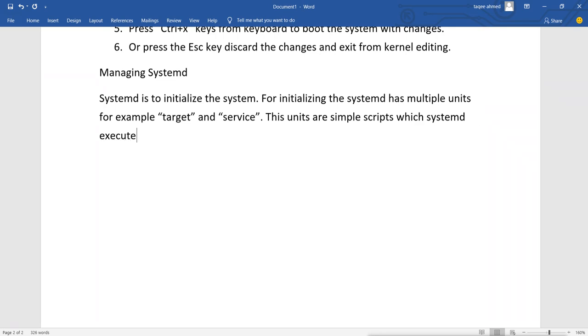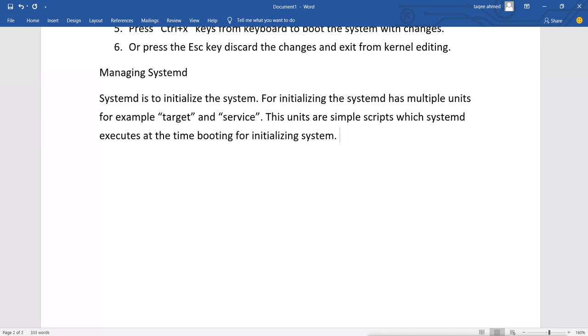It executes them at the time of booting for initializing the system. So it is initializing the system by executing these scripts.